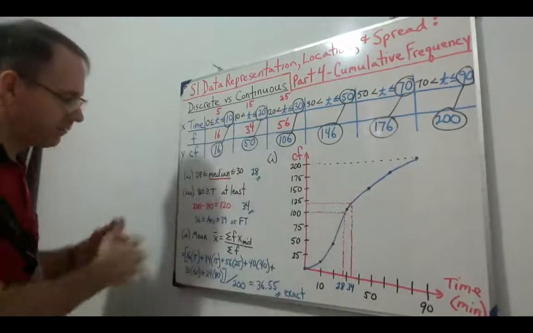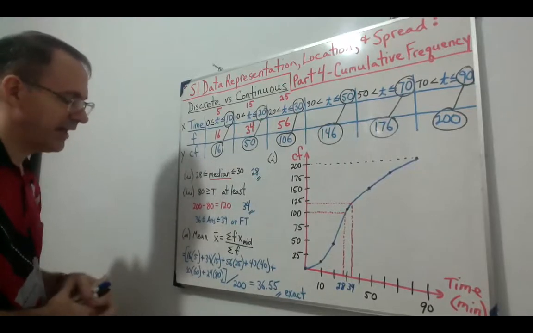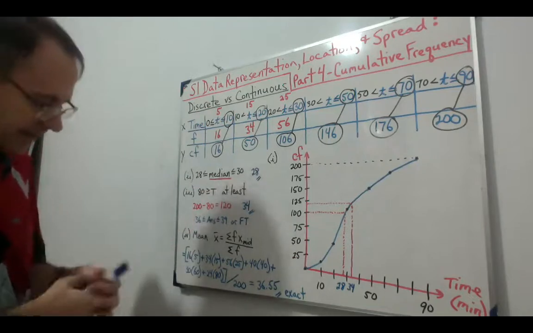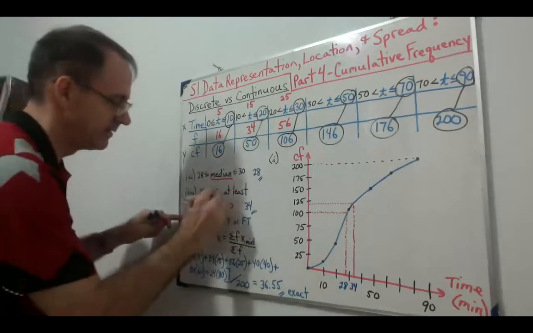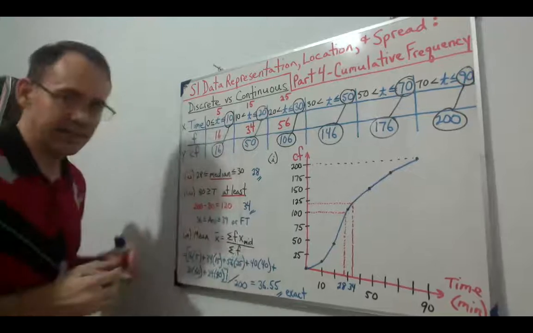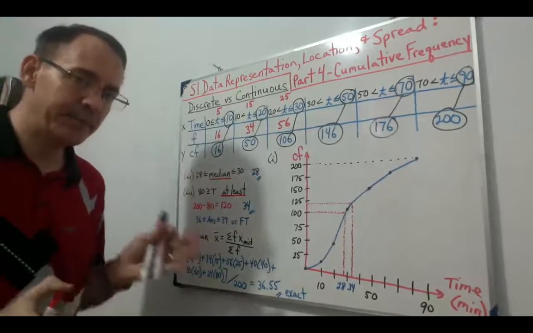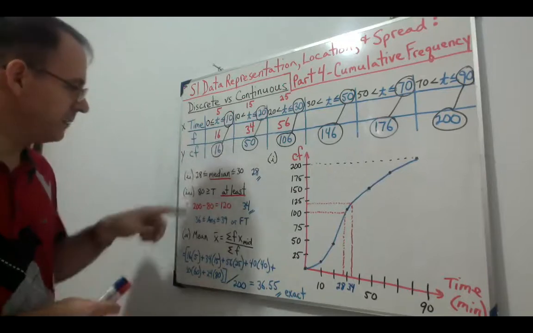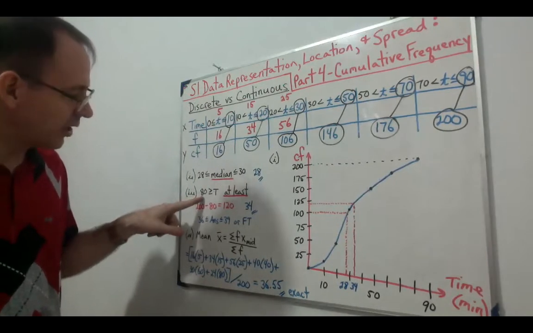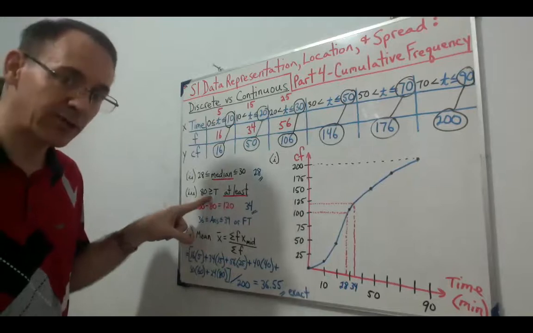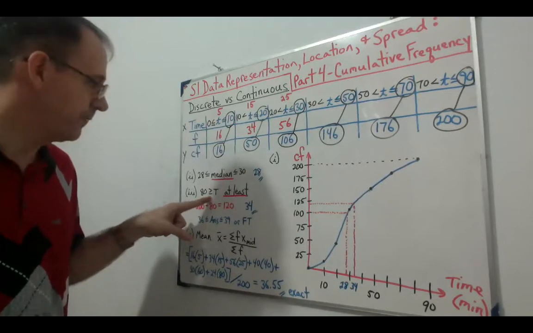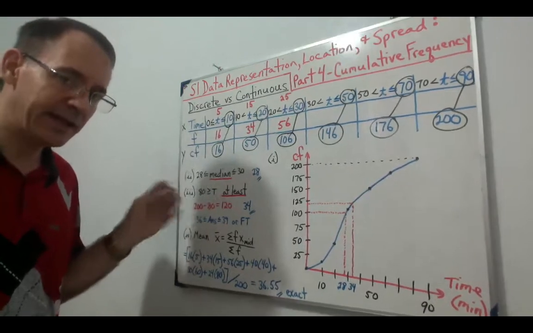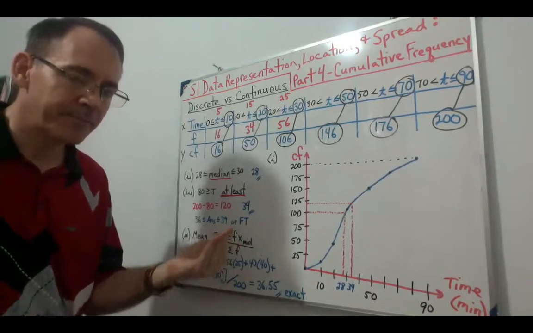Now, part III said that 80 of these cars had at least T minutes. At least means that's going to be your smallest number. So it actually means 80 of these cars were more than or greater than or equal to the T minutes. So again, we have a more than. Remember your